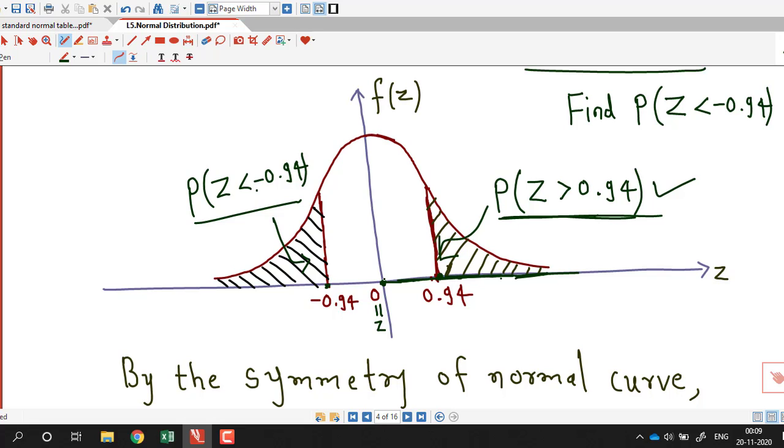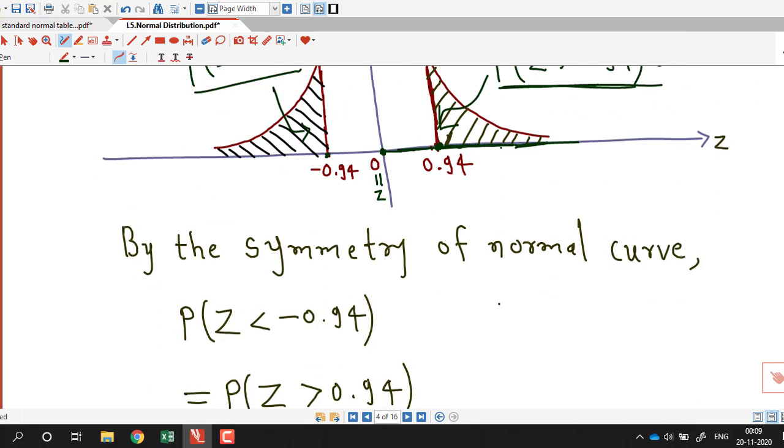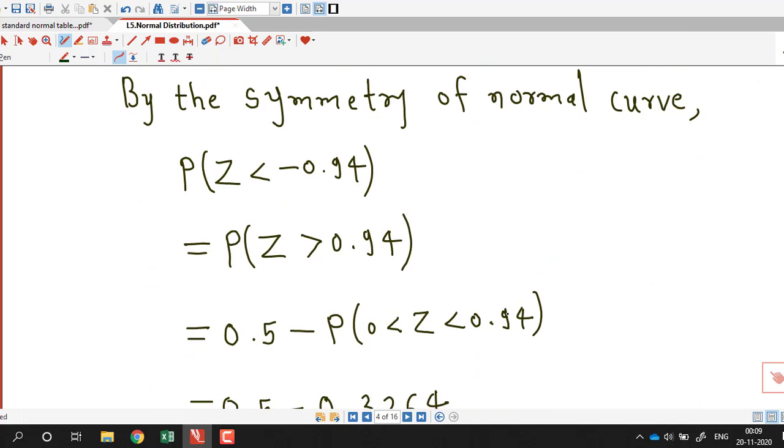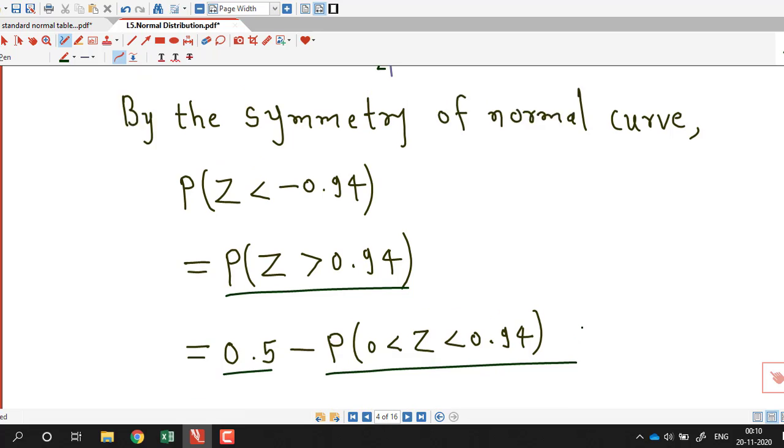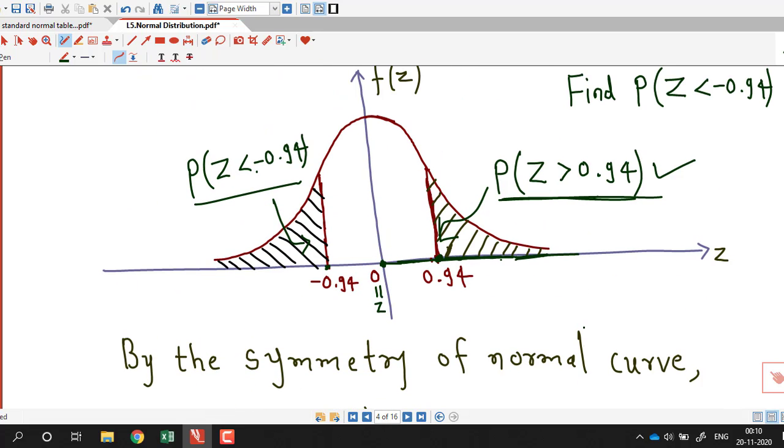So we have to subtract the area from z equal to 0 to 0.94 from 0.5. So the probability that z is bigger than 0.94 is nothing but 0.5 minus the area between z equal to 0 and